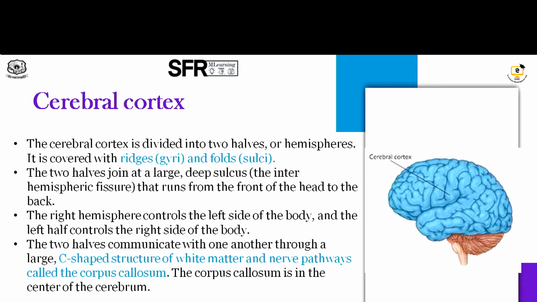You have something called your corpus callosum. The corpus callosum connects the left brain and the right brain, that is your left hemisphere and the right hemisphere. The left hemisphere and the right hemisphere cannot function individually, so they have to work together to coordinate your body. So your corpus callosum works as a sheath-shaped structure of white matter that connects the left cerebral hemisphere and the right cerebral hemisphere.